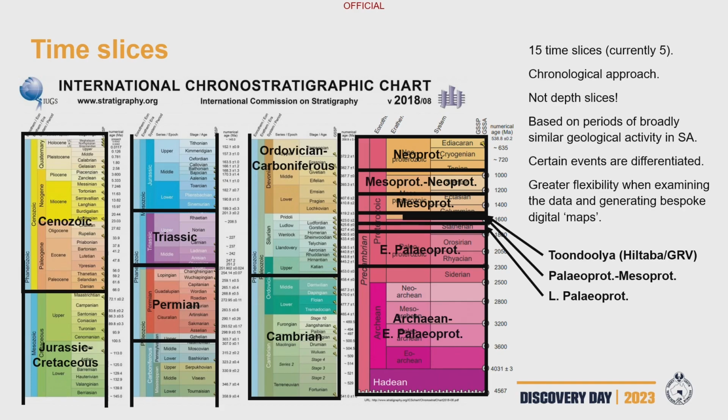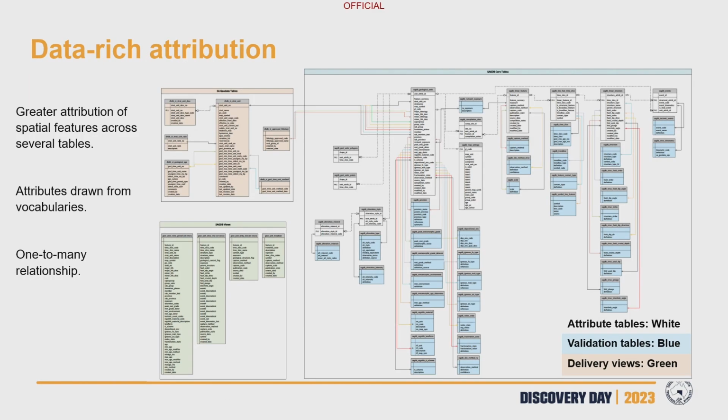There's based on periods of, say, similar geological processes across the state, and then separated by periods where there's a relative quiescence. That doesn't work perfectly every time, but it generally does the trick. And we've also got the situation where certain events have been differentiated. For example, there's